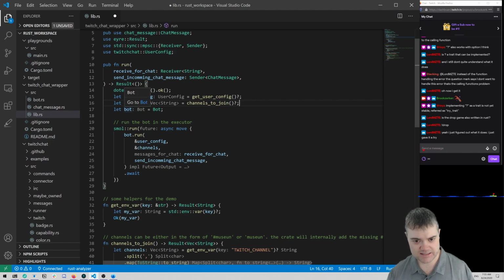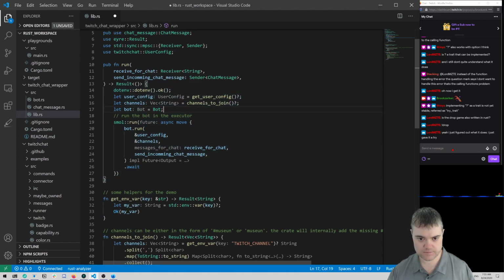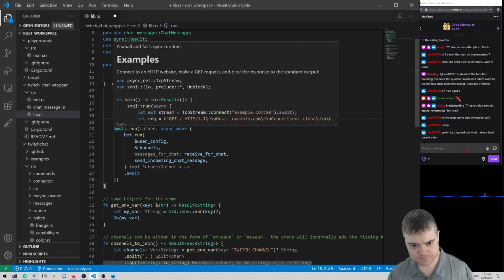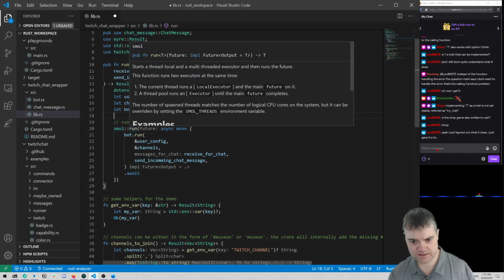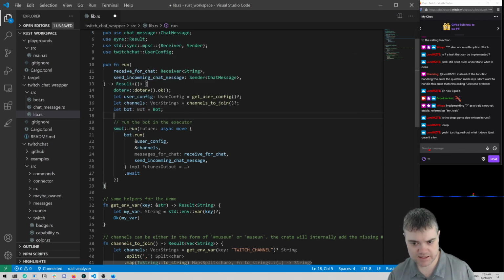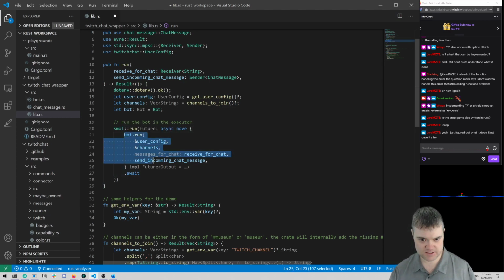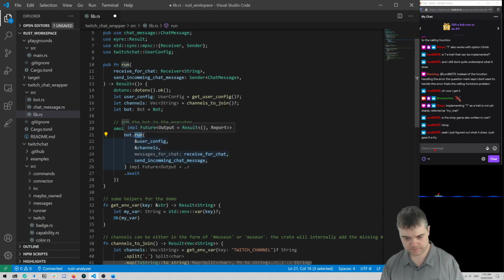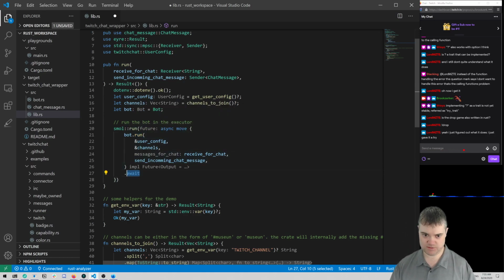Okay, so we create our bot. We're going to run this bot in the executor, smol. Run, and then we pass it this bot that run. Okay, so then the function that we use, because run returns a future, and we await that, and then smol actually just runs that for real.